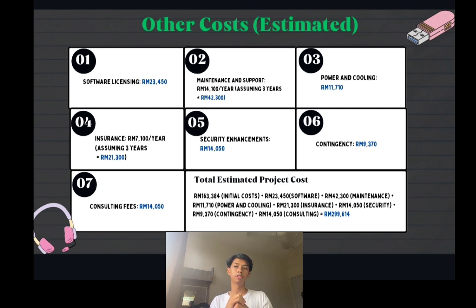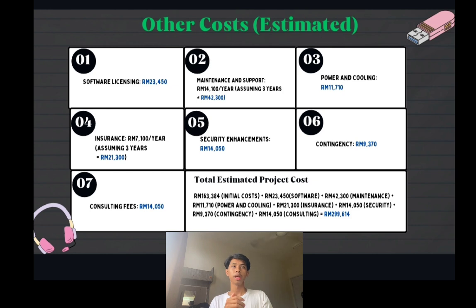And then for other things is we got the maintenance and support. Maintenance and support is needed because sometimes the company got problem with the software or anything with the router or switches, so we need to provide this as well. So we have put the money around